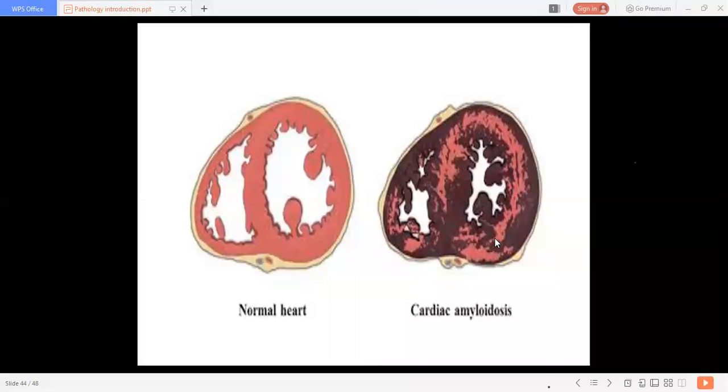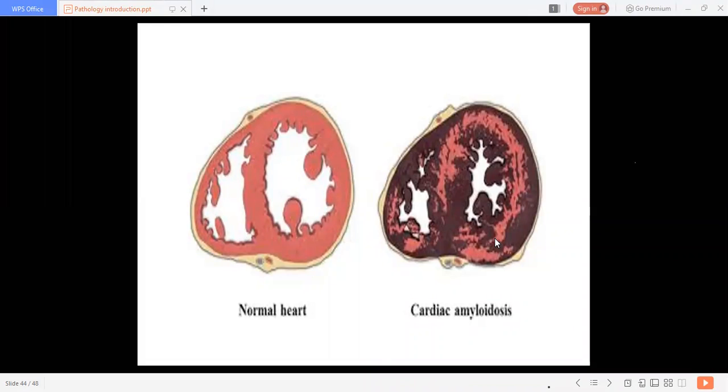In most of the cases the deposits are separated and widely distributed. In most cases there is dilatation of the cavities due to deposition of this amyloid. The work stress on the heart increases, the heart has to work more, and ultimately there is dilatation